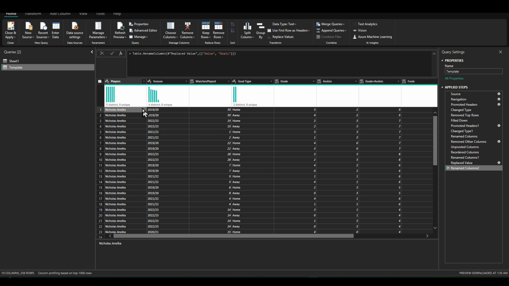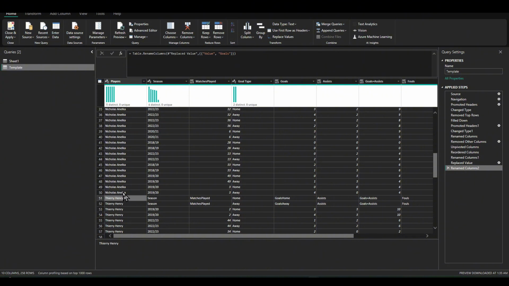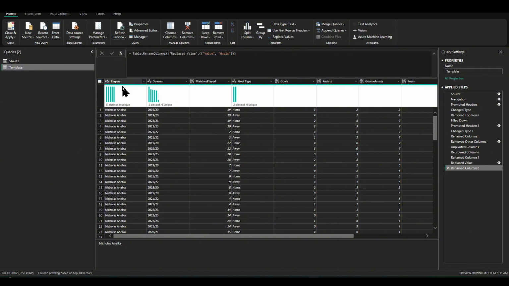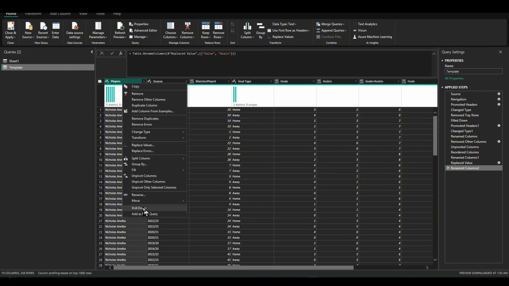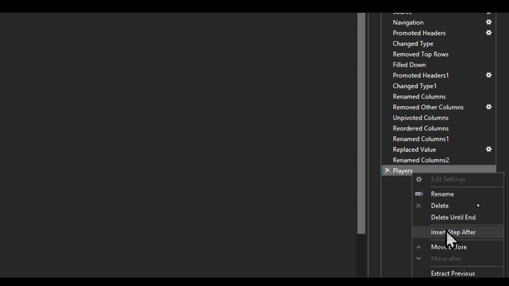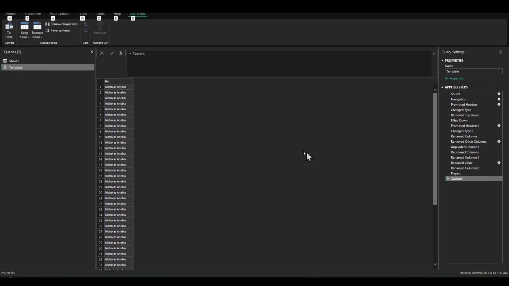Now we want to limit our data to include only players up to Thierry Henry. Basically, we need all the data only for Nicolas Anelka at the moment. For that, I need to convert the column into a list. If I right click and then click on drill down, it creates a list for that players column. After that, I will add a step and get the position for Thierry Henry from